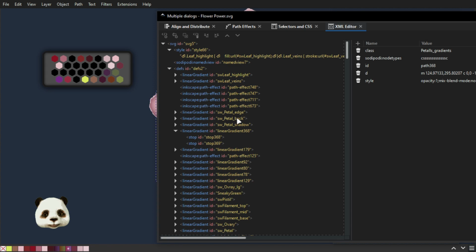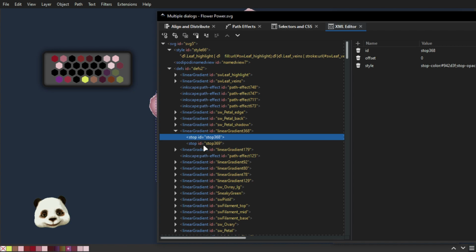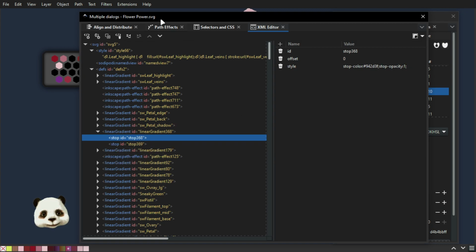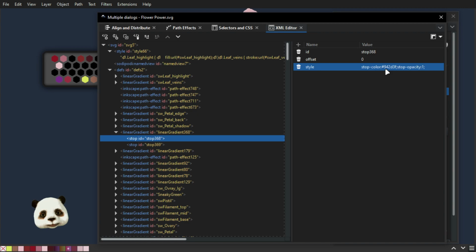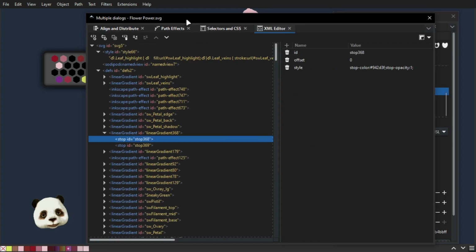It should be around here. And here, when you first open it, you have this tree and you have two IDs here. This is the base color and this is the top color. And I know that because one of them has the opacity lowered. So in order to manipulate it, I can change the color from over here. Of course I would still have to know the color code. But if I want to change the top color, let's say I want it to change to red,